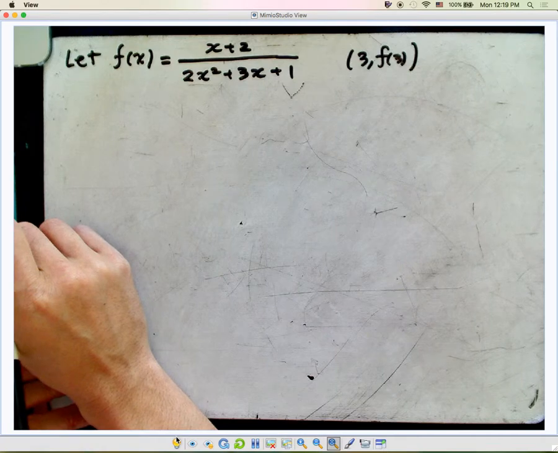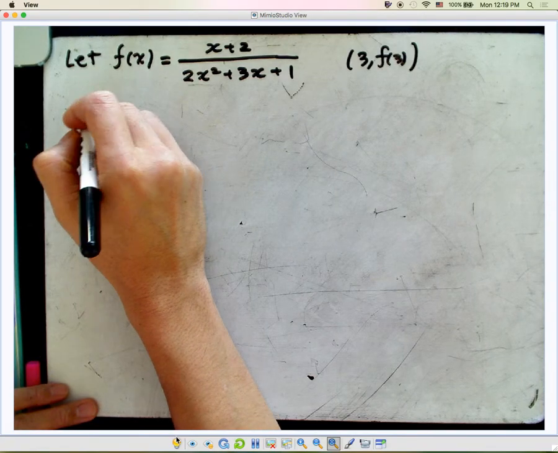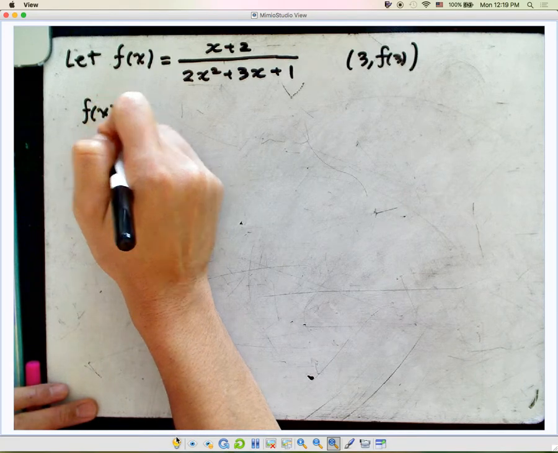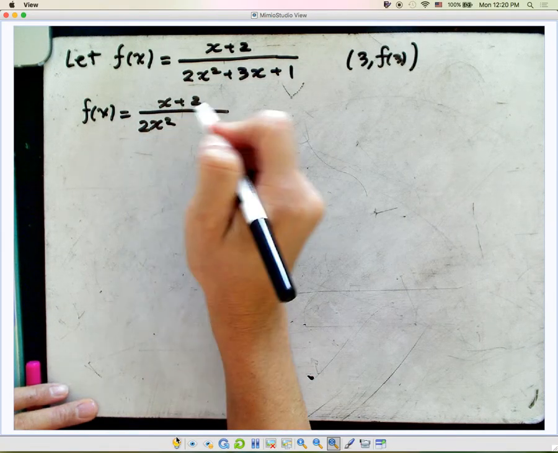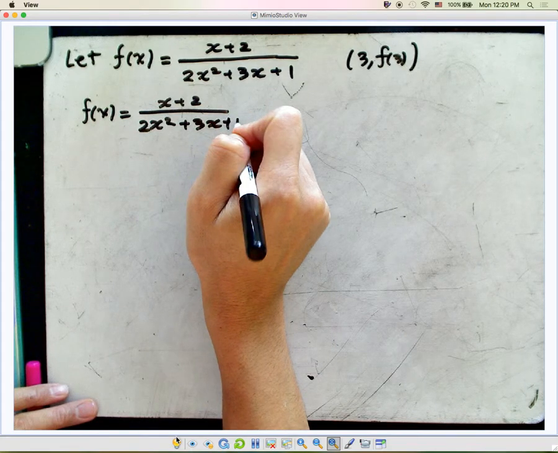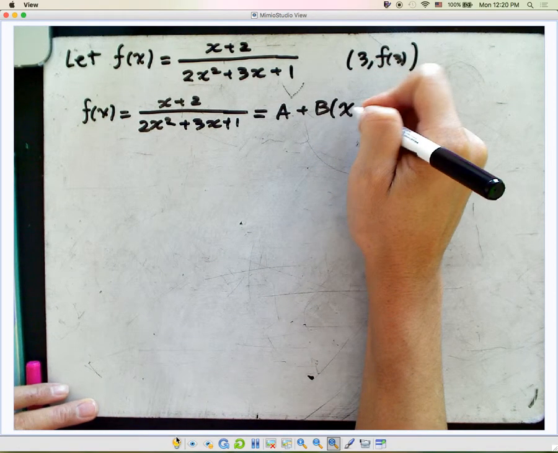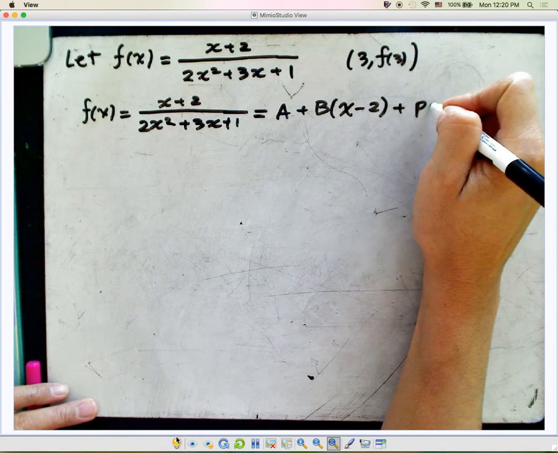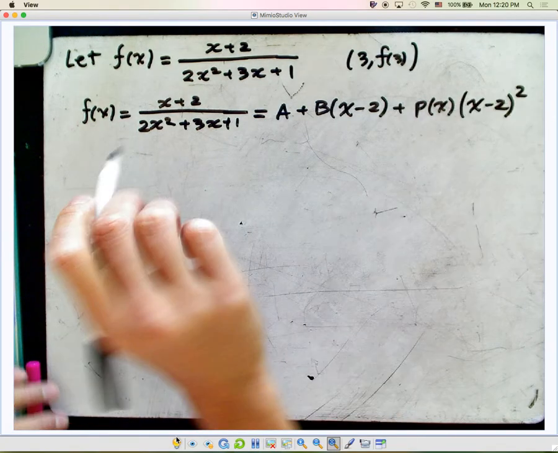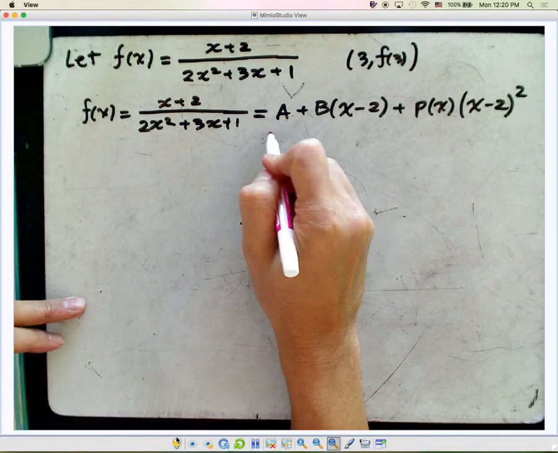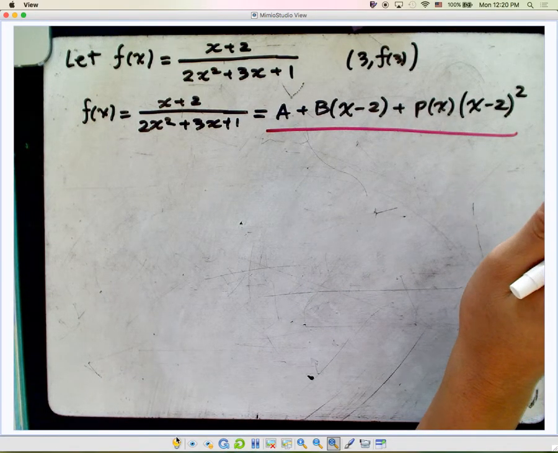So let's write this function in powers of x minus 3, which will give us f of x, which equals x plus 2 over 2x squared plus 3x plus 1. We want to write that into the form of a plus b times x minus 3 plus p of x, some function p of x, times x minus 3 squared. This form resembles, or looks very similar to, theorem 3.5,